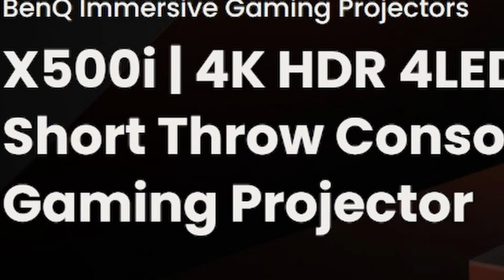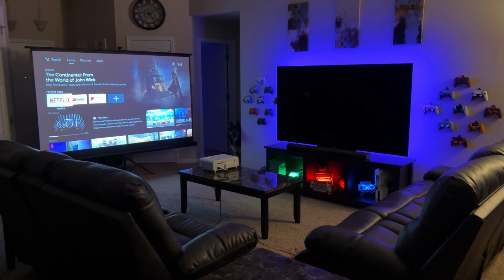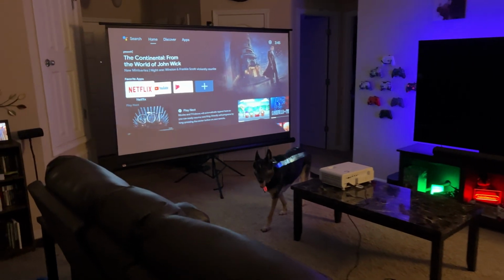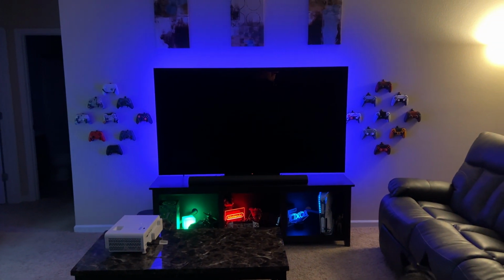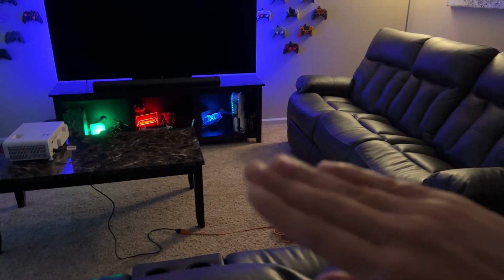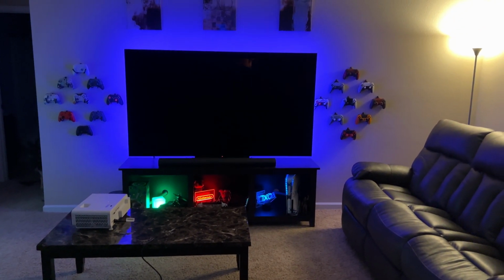First of all, it's short throw, much like the shifter in a race car. What that means is you can put this projector pretty close to the screen you're trying to cast an image onto. For me, it was in kind of an awkward halfway point where if I wanted to set it on the bar behind me, it would have been like a 300-inch image, super big and blown out. So I ended up having to put it on the coffee table right in front of me, which isn't ideal because you're pretty close to the fan, which is pretty quiet, but still, it wasn't my ideal position, and it did take a little bit of finagling to get the image just right positioned on screen,